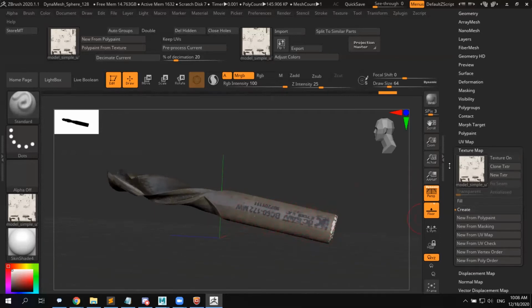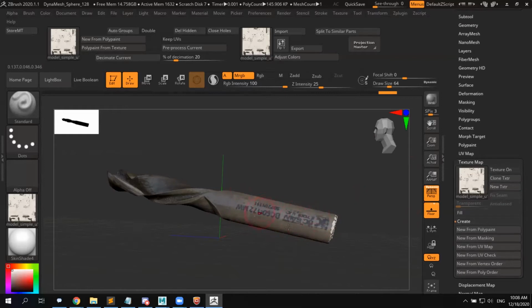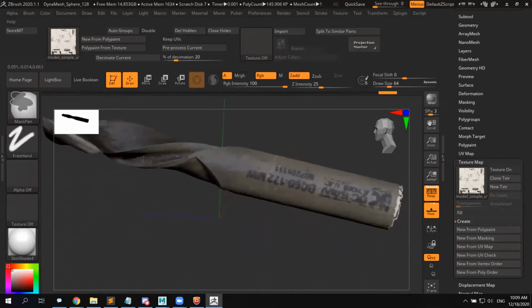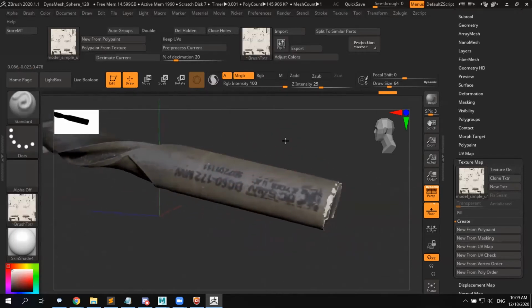So when the texture is off, what you see here on the model is what's called polypaint. Polypaint is basically color information that's embedded into the model. So it's not a separate file. It's part of it altogether, okay? Once it's like that, there's a couple of ways we can go about this. We can either